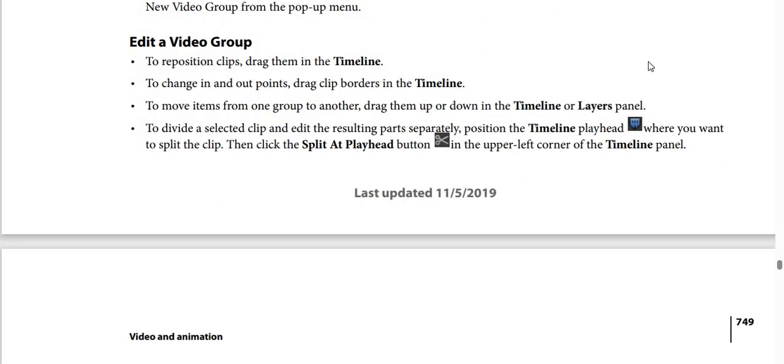And how to edit a group? How to edit a video group? To reposition clips, drag them in the timeline, and to change in and out points, drag clip borders in the timeline, and to move items from one group to another, drag them up or down in the timeline or layers panel. And also to divide a selected clip and edit the resulting parts separately,